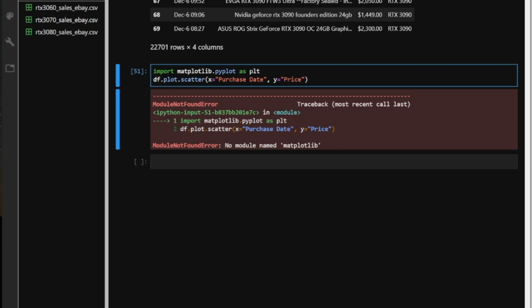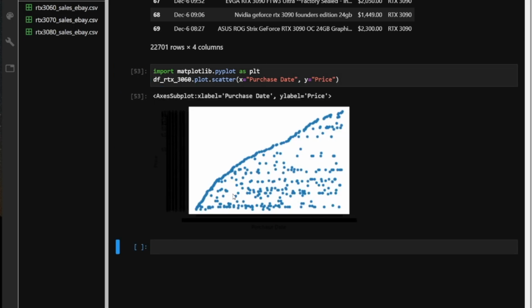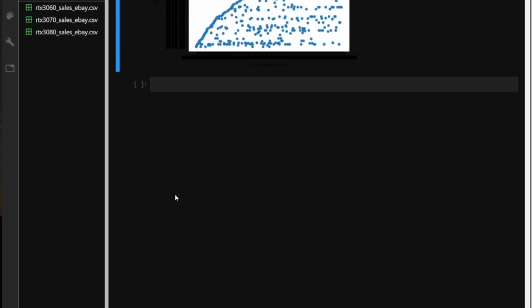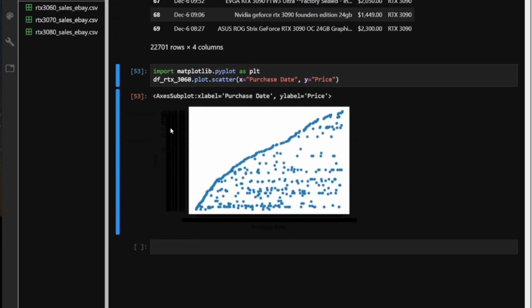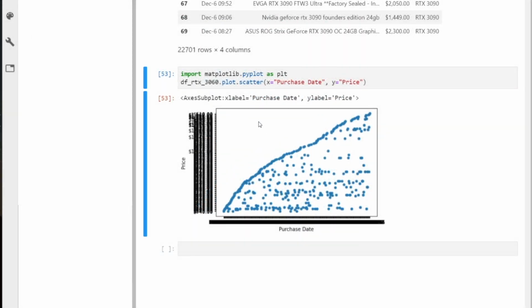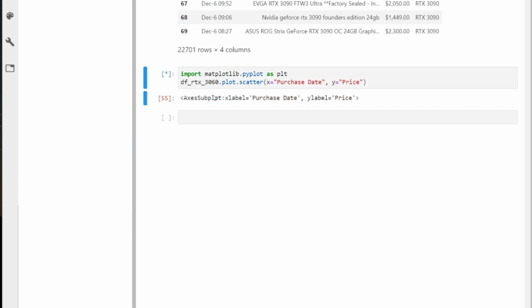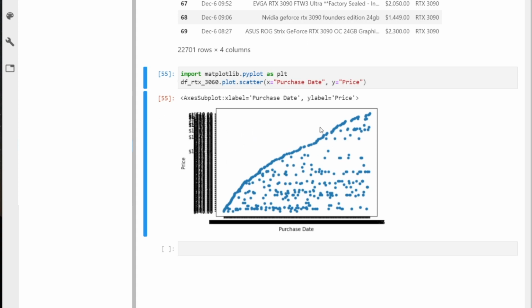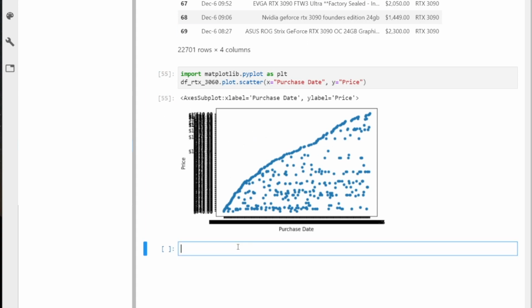Okay, so data frame, so df RTX 3060. Okay, you can see this is very odd, right? It's all broken, so you can ignore these results. You should be able to see purchase date here, but I have my browser in dark mode. So I've switched my browser back to the normal color settings, so it's easier to read, but you can see anyway that the problem I have here is this data doesn't make any sense. And the reason is quite simple actually. When we look at the data frames,